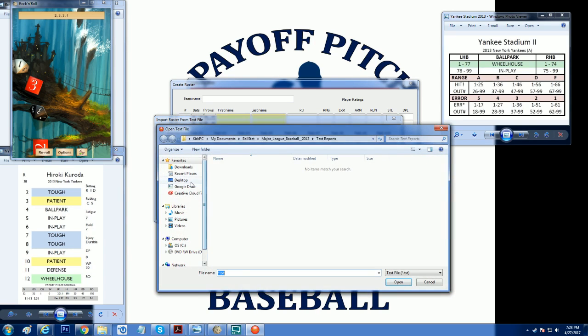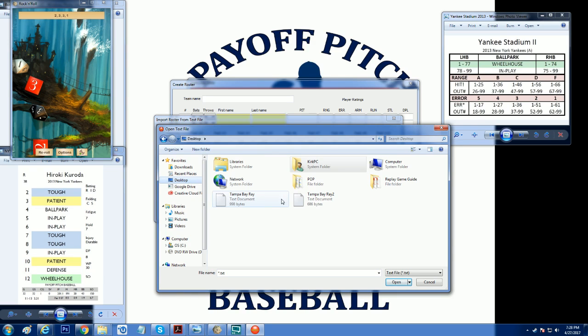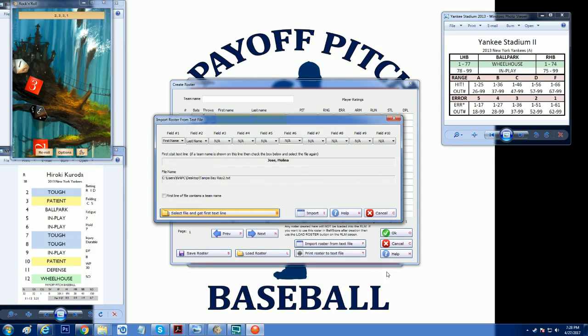Again, just remember where you saved it, and remember what the file name is. It doesn't matter what you call it. You can be as specific as you want or not. Just click on your file, and it should put your file name in there, and you click open. Now, what you should see is the data in here. And it should be first name, last name, or it might be last name, comma, first name. Depending on what you're doing, you want to just match up field number 1,